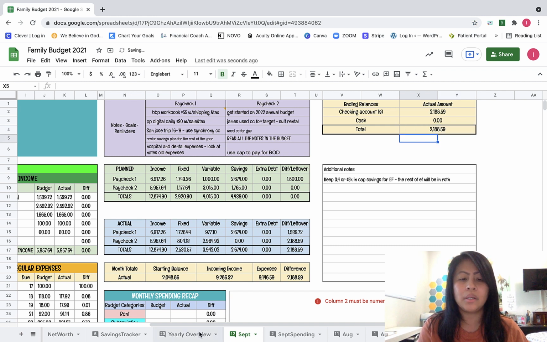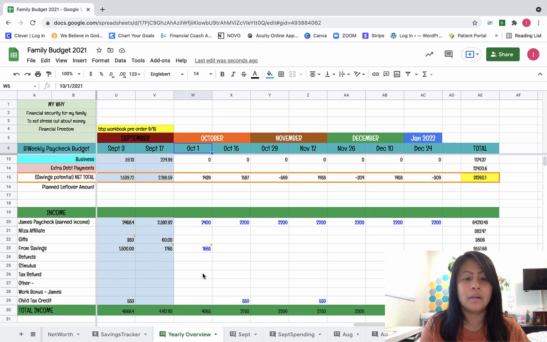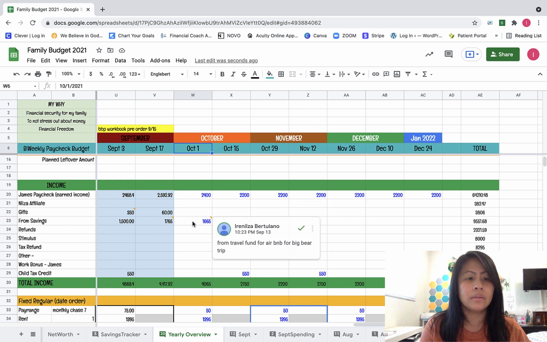And then I'm just going to peek over our yearly overview here for the month of October. So October 1st, 15th, and 29th is going to be our paychecks. But as you can see here, the October 29th one is going to be part of November. So everything here is up to date. I already closed out our September 17th budget. So everything here, I believe,